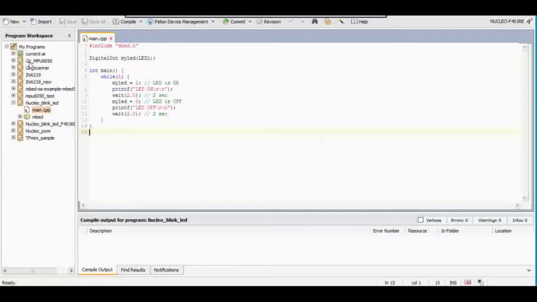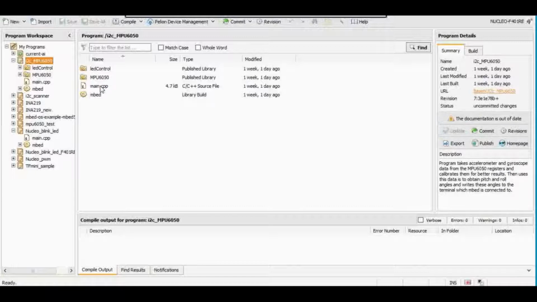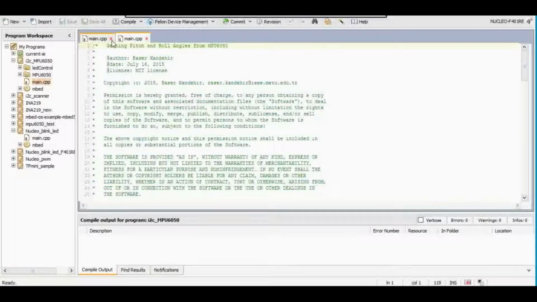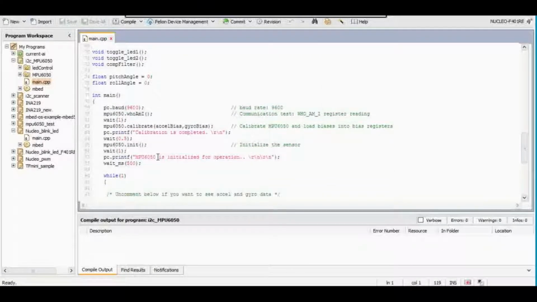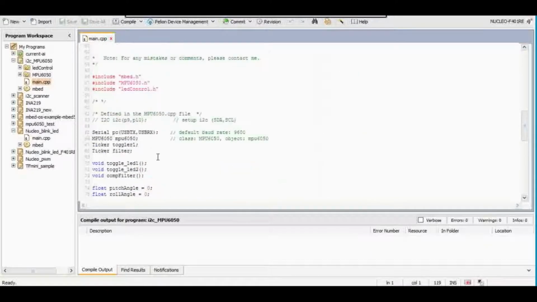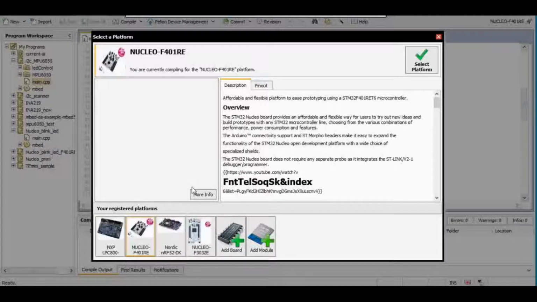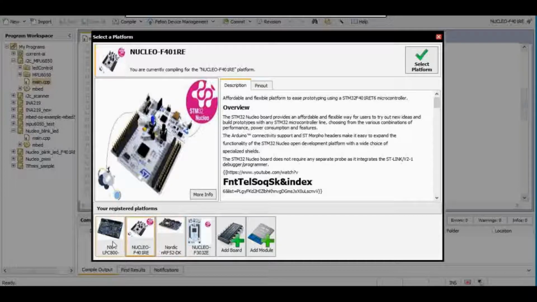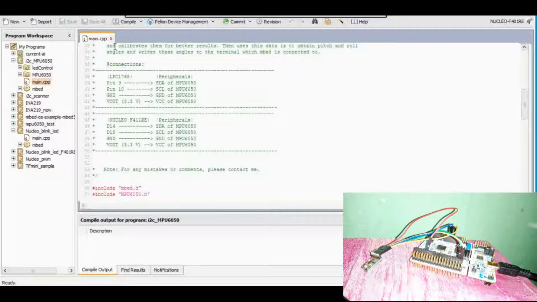to program it for a 3-axis accelerometer, which will give me output of 3 XYZ axes, and I am programming it using the Mbed online compiler, which is for the Nucleo board. I will show the Nucleo board which is connected here. So I have connected this Nucleo F401RE, and the process is very simple.